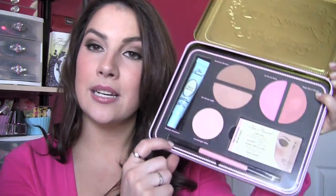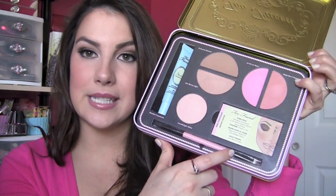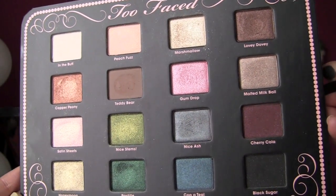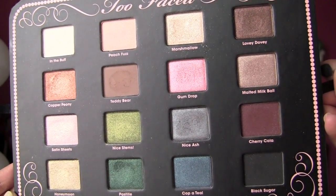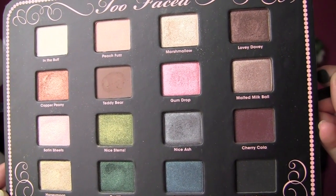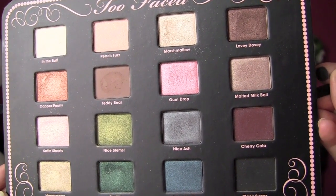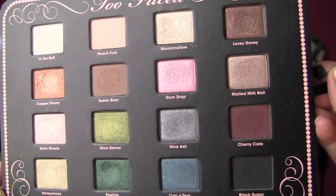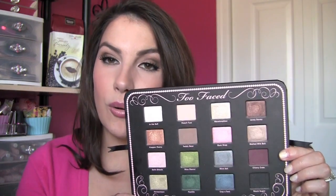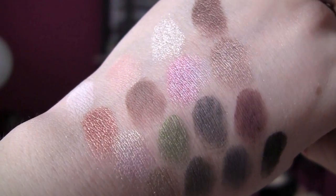The little brush thing here is one side sponge tip and one side is like a small eyeshadow brush. The eyeshadow selection here is pretty extensive. You're getting 16 shades. Granted, some of these shades are going to be ones you've seen before if you collect a lot of Too Faced products. In the Buff, Peach Fuzz, Teddy Bear, Lovey Dovey, those are a few of the shades that I recognize from some other palettes. But as a whole, you get a good variety of colors